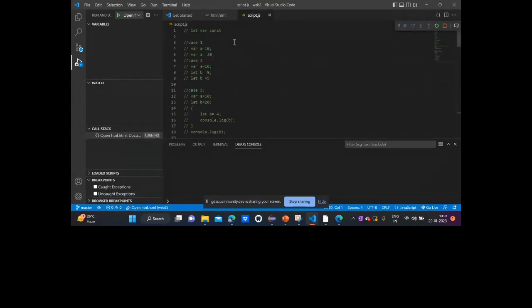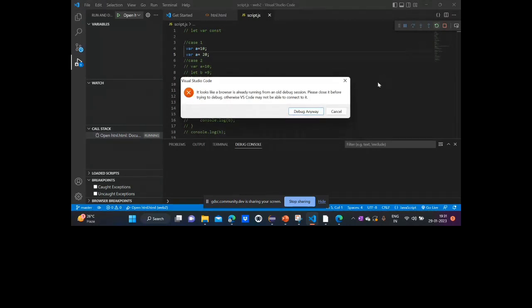I have a few examples to save time. In case one, what we can see is this section of the code. Just look at it. In most languages, whenever we assign a variable a value, right, a is equal to 10, we cannot again declare that same variable. It will give an error. But in JavaScript, whenever we use var as the identifier, then it will just